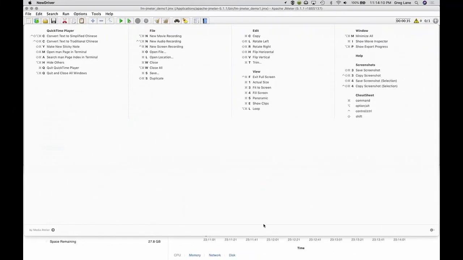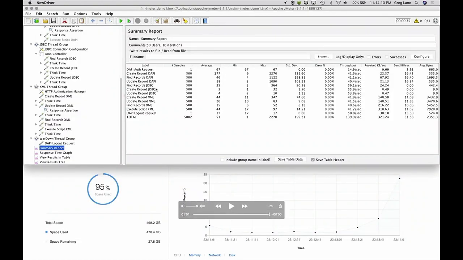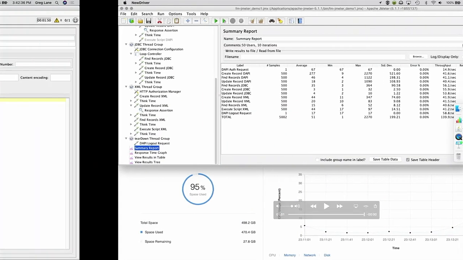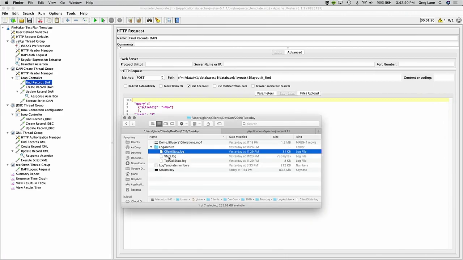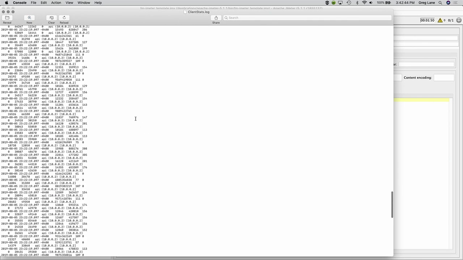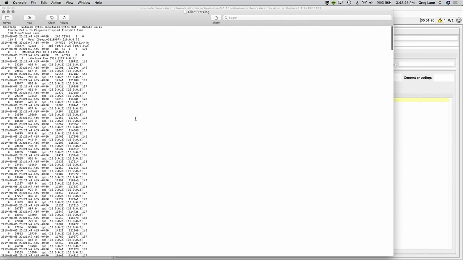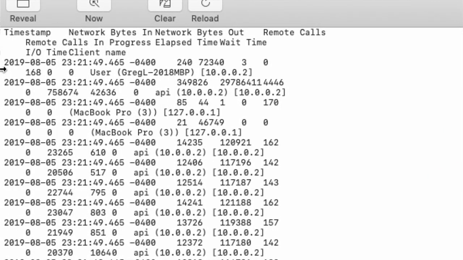So I wanted to show you a few of the logs. So if you just double-click on one of these logs, I've got a collection of these logs here. If you just double-click, on a Mac, they're going to open in console. But it's really hard to read these logs. Even if I zoom in here, it's really hard to understand exactly what's going on here. This is tab-separated data, and it's just really hard to follow in this view